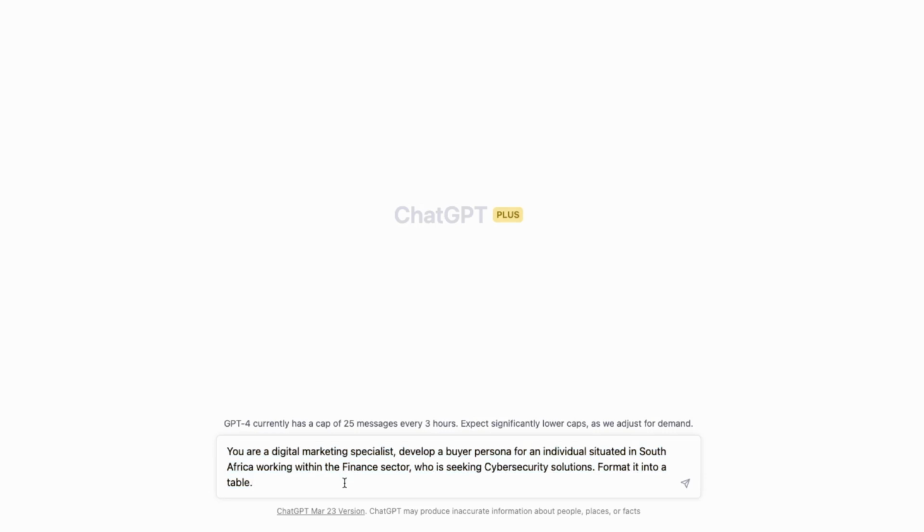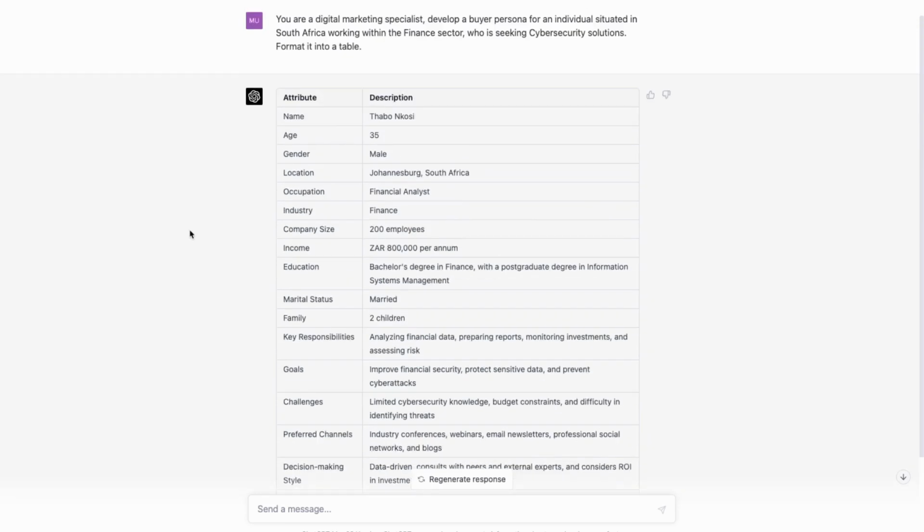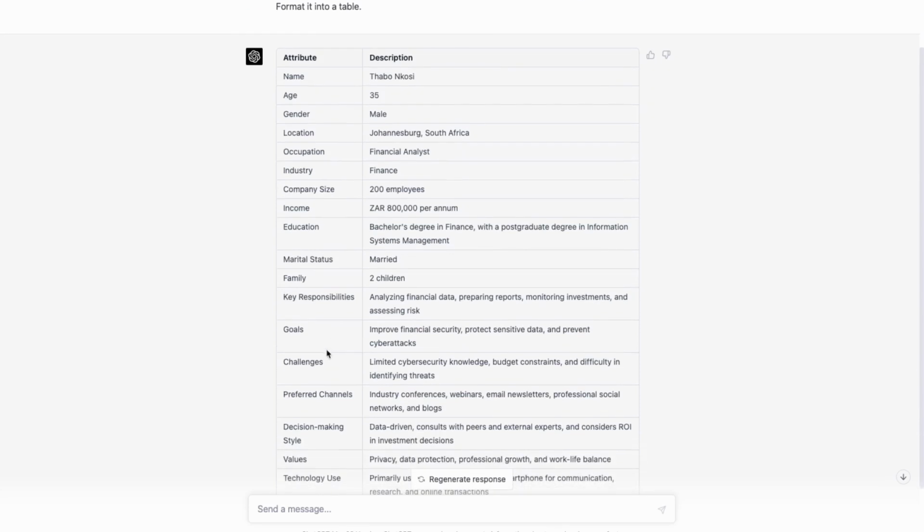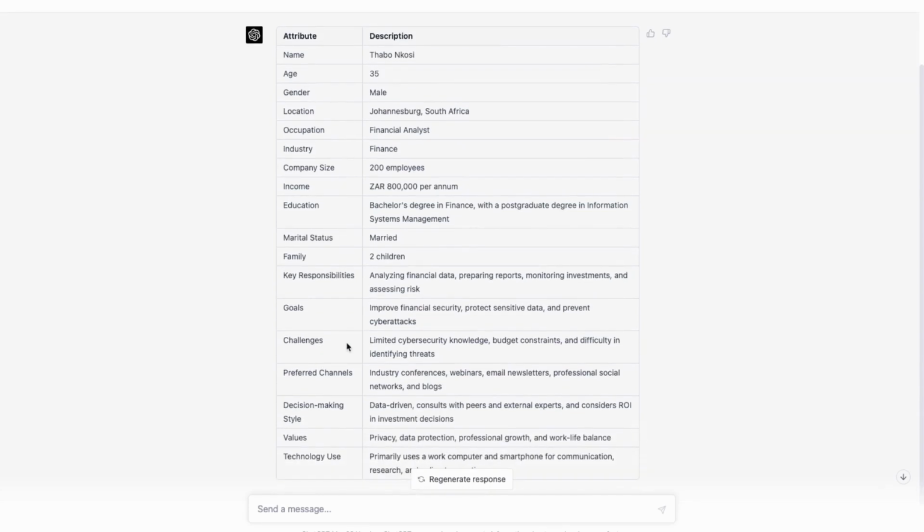So let's hit enter. Now, as you can see, this has given me a very specific buyer persona. It has given me the company size, industry, income, education, marital status, family, key responsibilities, goals, challenges, preferred channels, decision-making style, values, and technology use. So this is going to be very valuable to us because we are going to use this info for the